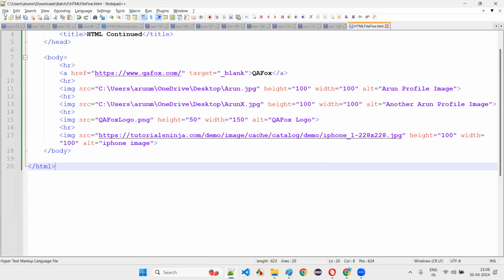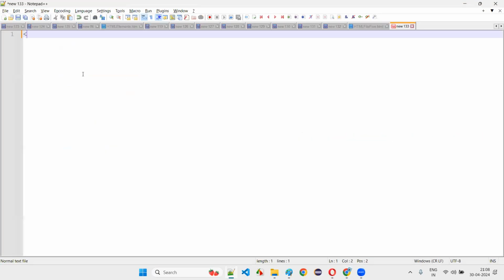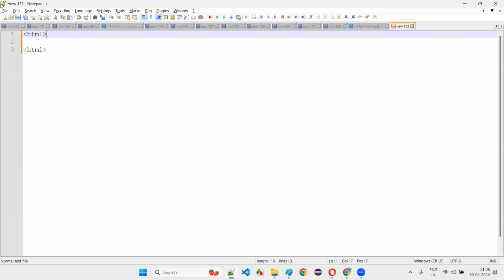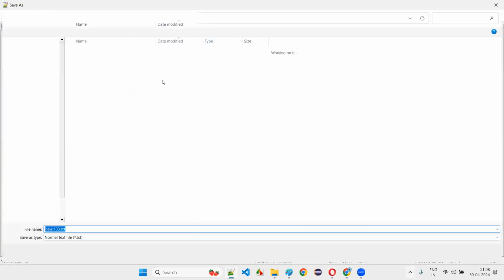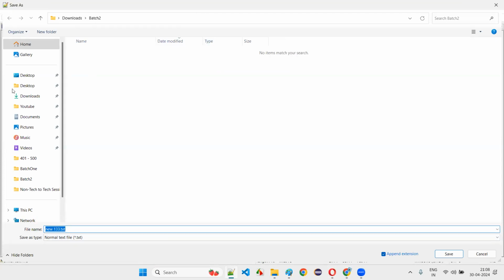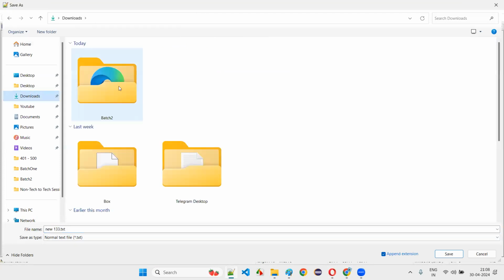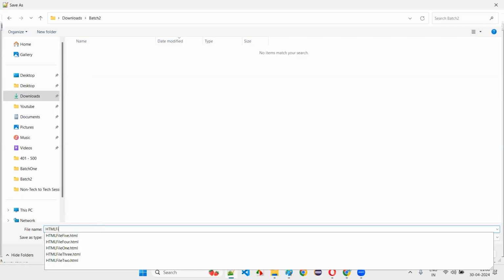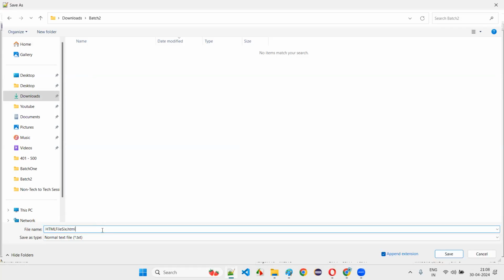So what I'll do is I'll create one more new file, and again I'll say HTML, and I'll save this, save as. I'll go to the location here. Whatever is required for Selenium automation, only that I'm covering, guys. I don't have to go in depth in HTML because that is a very big topic. HTML file 6.html.